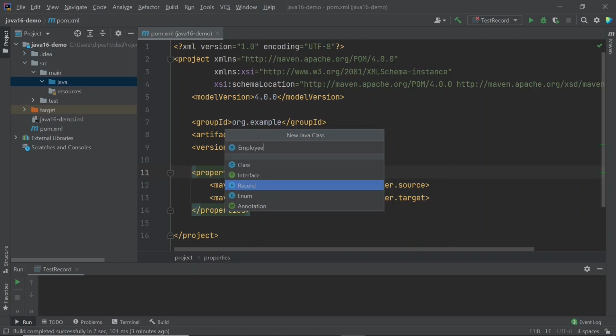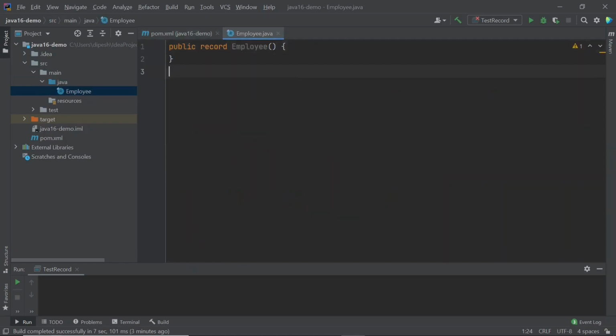I'm going to create a record called Employee, and now you can see the syntax for it, right? There is public and this record keyword which was added in JDK 16. And for Employee we are going to specify two fields. You can notice the difference in the syntax, right? We are adding the fields inside this particular bracket.